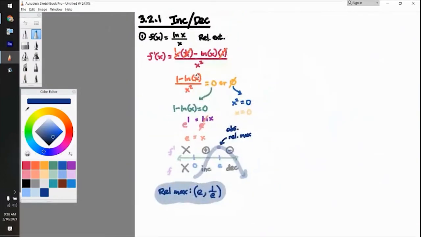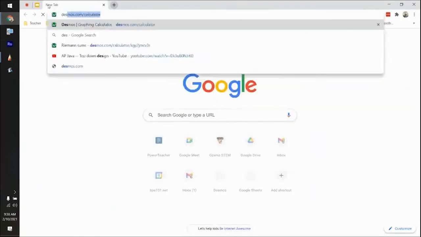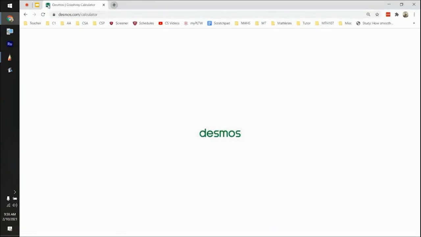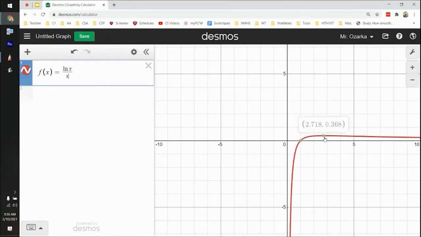Now I'm going to show you how to do this on your calculator because I just think it's good to do. Actually, don't worry about using your actual calculator. I'm going to show you in Desmos. That would be a problem where you're not allowed to use your calculator, and I'm going to show you why. All you would have to do for this one is do this, and look, it finds the